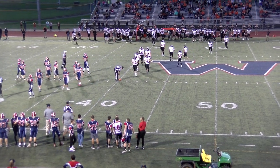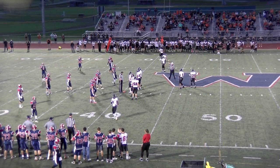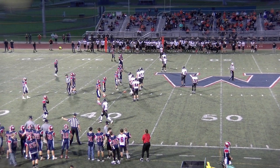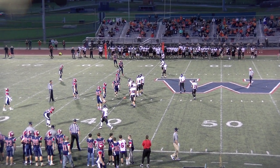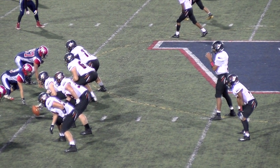Short field for the offense for their second possession, leading 7-0 with 9:25 to play in our opening quarter. And that was a punt, and there was 18 seconds on the play clock when he punted the football. Again, this is valuable time of keeping the ball away from Martinsburg. It may not sound like a whole lot, but over the course of the ball game, every play that you get, and you run that play clock down, this is one way you can try to help control the